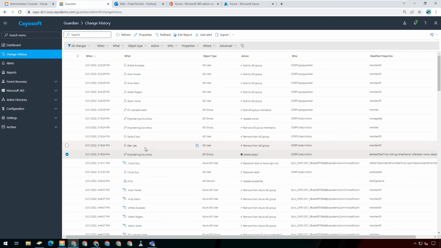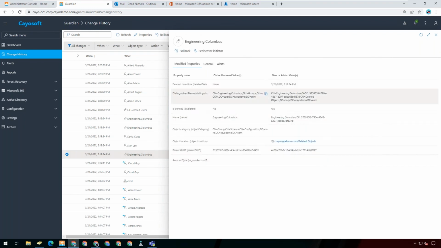It takes some expertise, because not only do you have the recycle bin to take care of, but what about all of the objects that were linked to those deleted objects? So in the case of a user, you have group memberships, you have manager information, and the same with groups or computers and all of those types of objects. You're going to have those linked objects that are part of that deletion.